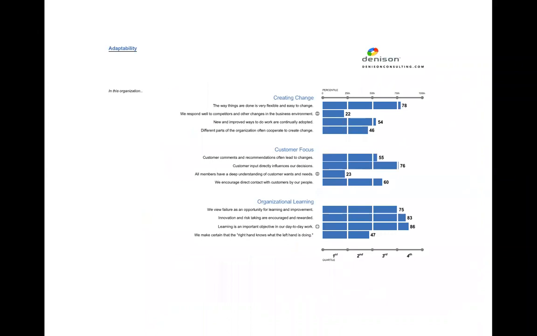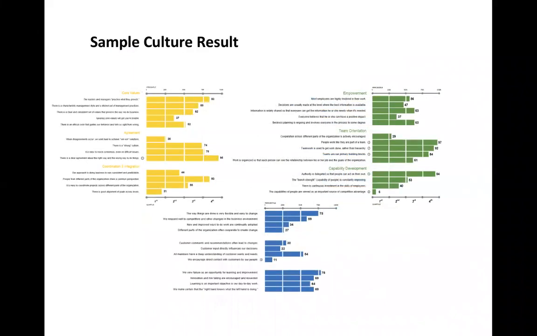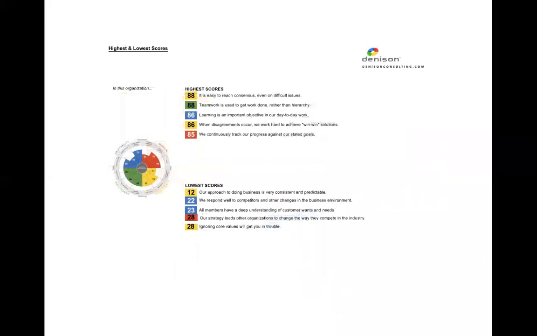This report includes all of the questions and the benchmark score for each one of the items, which helps you understand the pattern in the culture, and also to compare across the different indexes and measures. And looking through the data in some detail, including the highest scores and the lowest scores, is the way that we support the process of understanding what the results are telling us about the organization.